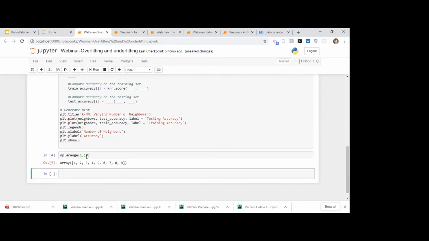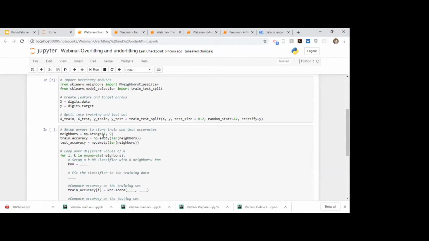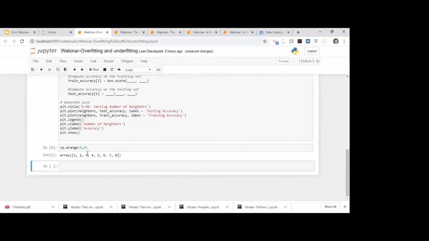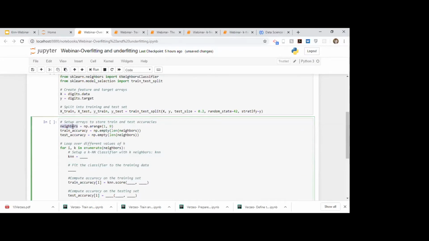So this is how np.arange works. It creates values between this and this minus 1 with equal intervals. So that is why we use np.arange. So here, since we have used np.arange 1, 9, this is the array that will be returned and it will be stored in this variable. Any doubt up till now how np.arange works?